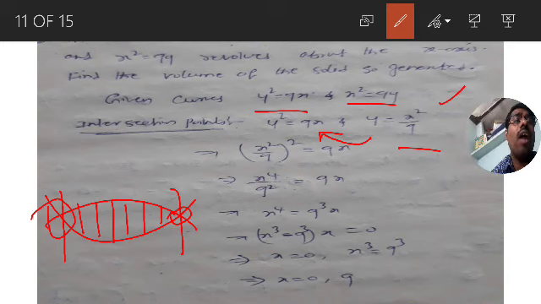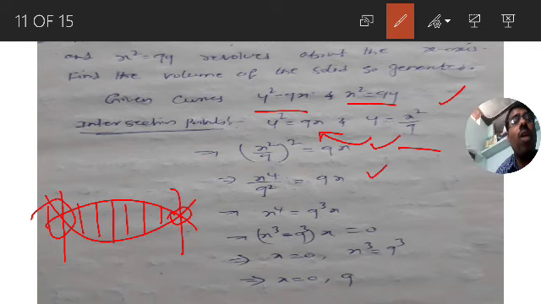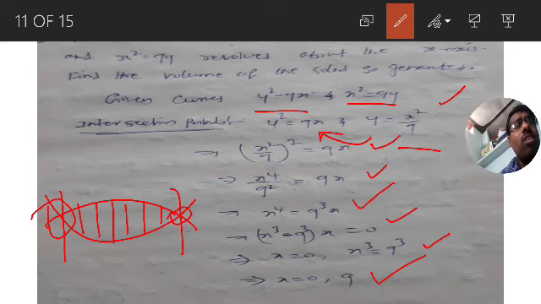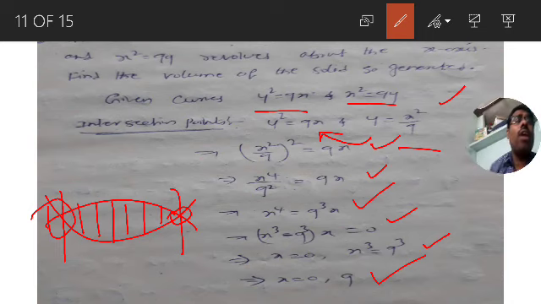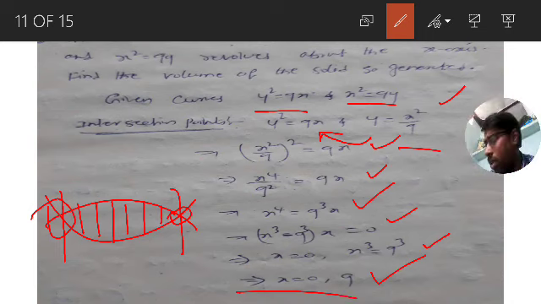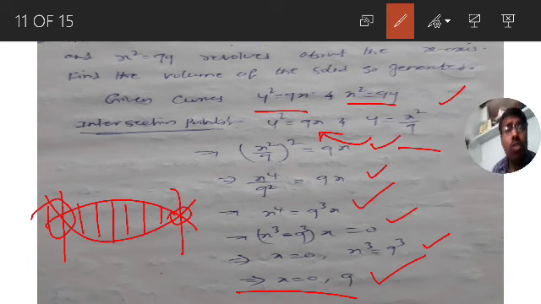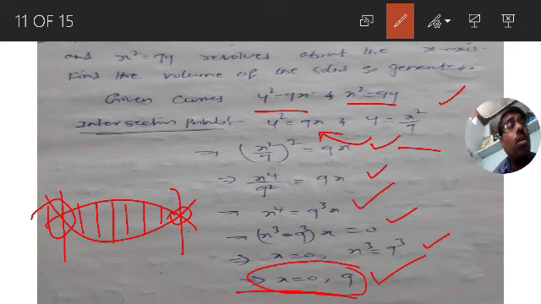So x square by 9 whole square is equal to 9x, that is x to the power of 4 by 9 square is equal to 9x, that is x to the power of 4 is equal to 9 cube x, so x to the power of 4 minus 9 cube into x equal to 0. So x is equal to 0, x cube is equal to 9 cube, so x is equal to 0, 9. You got the limits. What are the limits, guys? x is equal to 0 and 9. So a is equal to 0 and b is equal to 9. Now we got the limits.